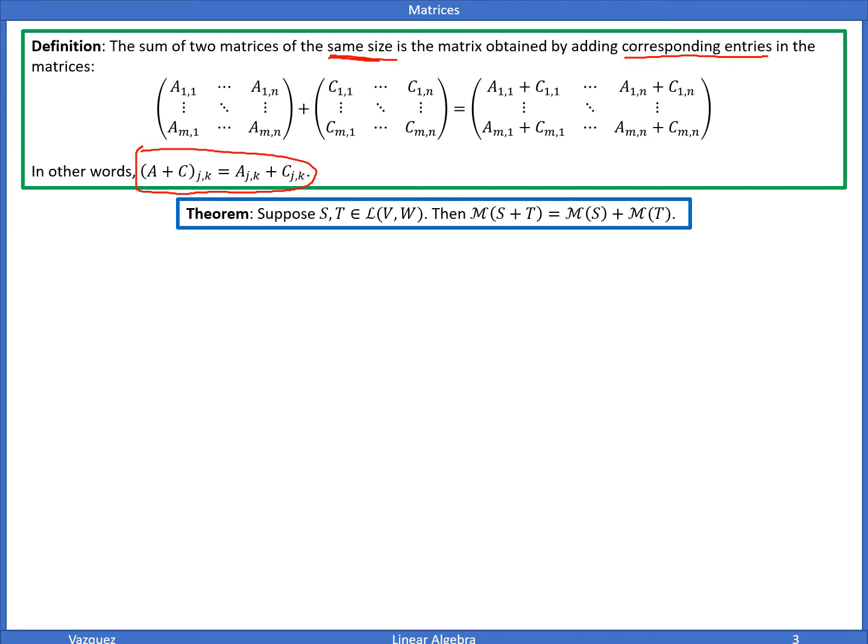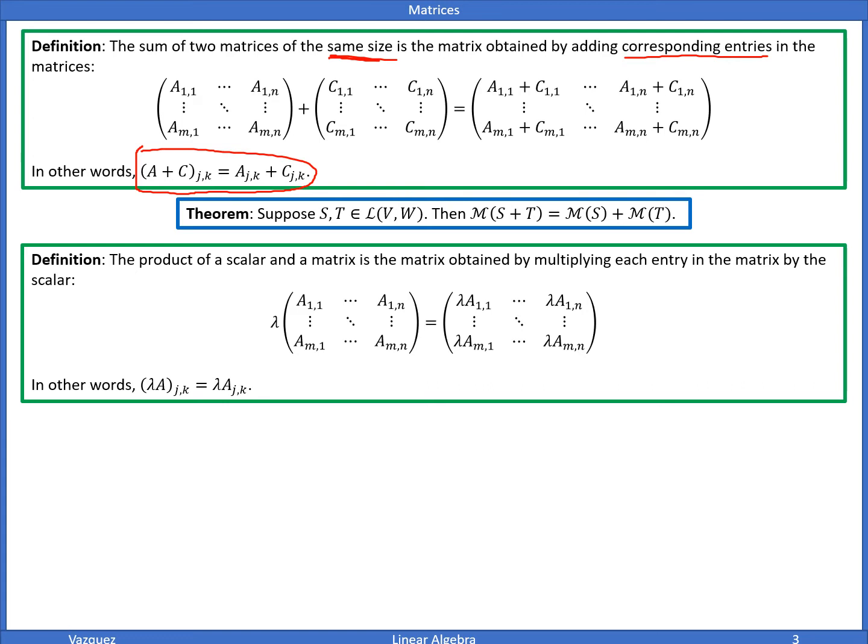Okay, we have addition. Now we need what else? You probably guessed it, the product of a scalar and a matrix, right? So multiplying a matrix times a scalar. In this case, we're calling the scalar lambda. So lambda times a matrix, we just multiply every component, all of them in between, basically all the components in the matrix by lambda,